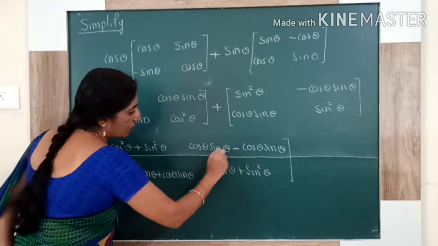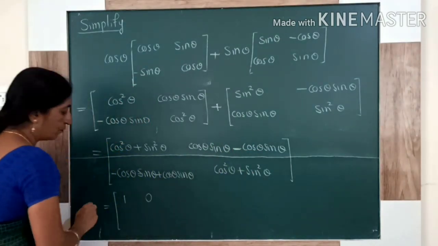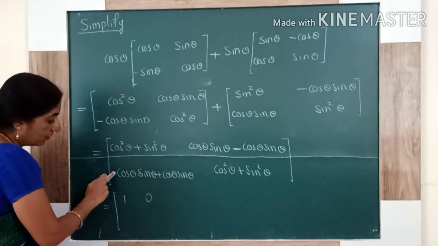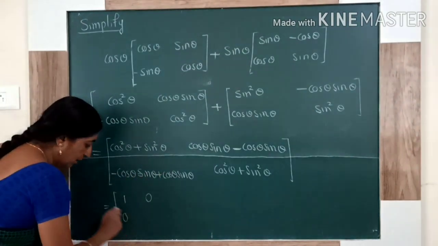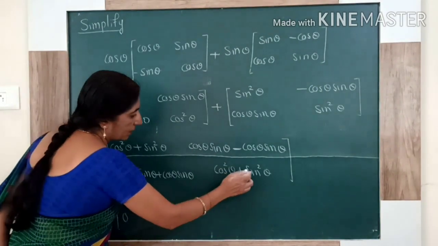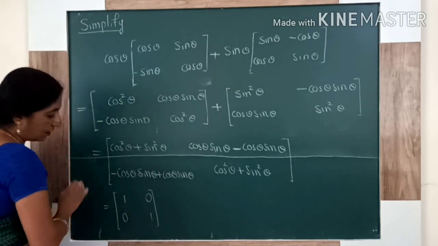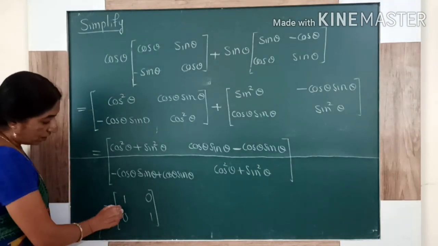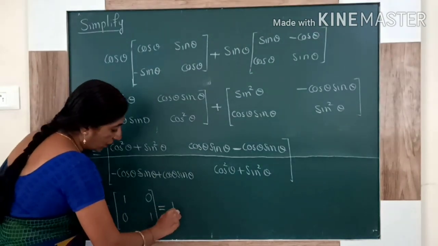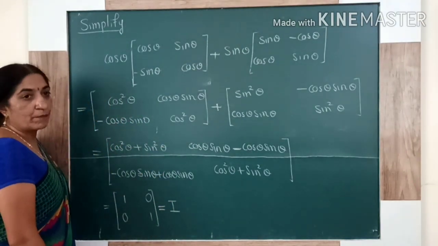See these two terms, they are similar, middle minus, they get cancelled. Answer is 0. Here also, this is negative and this is plus, they have the same terms, so answer is 0. Again cos square theta plus sin square theta is 1. The next answer, you can keep this as it is, the answer that is left with students. Or if you are thorough in the types of matrices, this is nothing but the identity matrix.